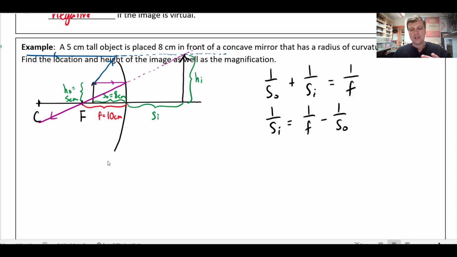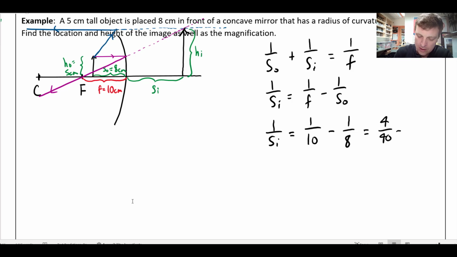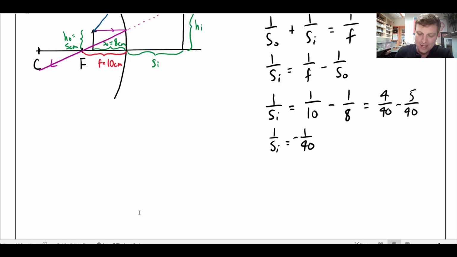And just be really careful that we can't just flip everything over. It's not how inverse terms work when they're separated by a subtraction. So 1 over SI is going to equal 1 over 10 minus 1 over 8. And because it's been a while since I've done fractions, I can have a common denominator of 40, so I could say that this is 4 over 40 minus 5 over 40, which gives me 1 over SI equals negative 1 over 40. And so that just means that SI is going to equal negative 40 centimeters,